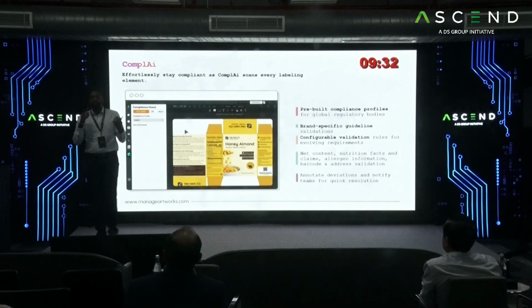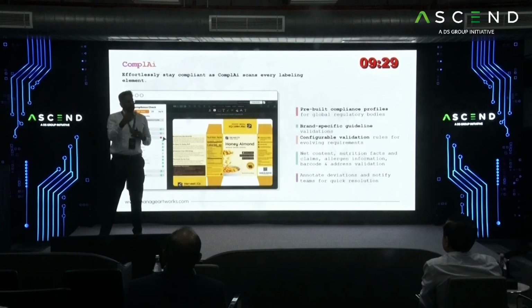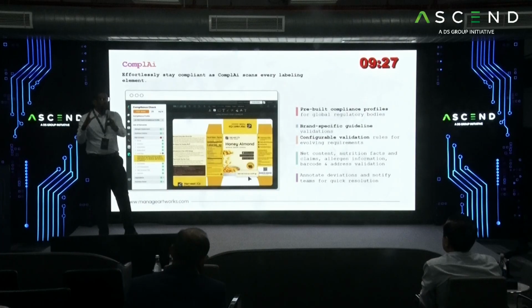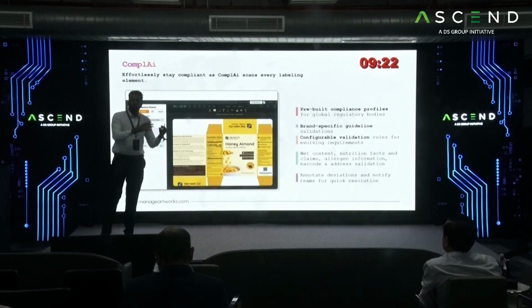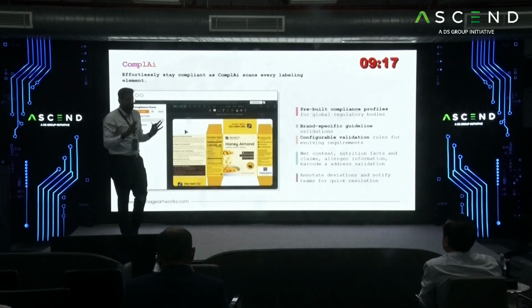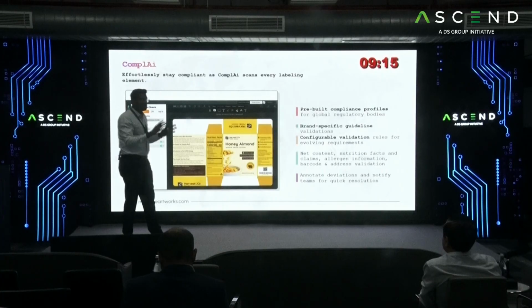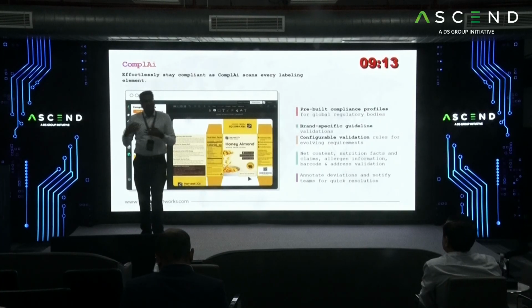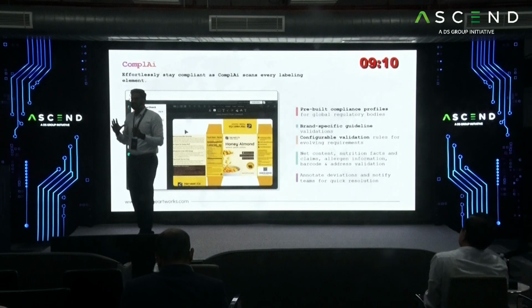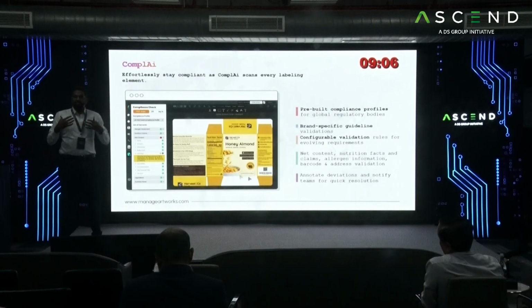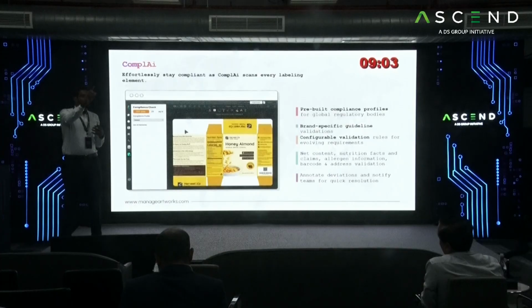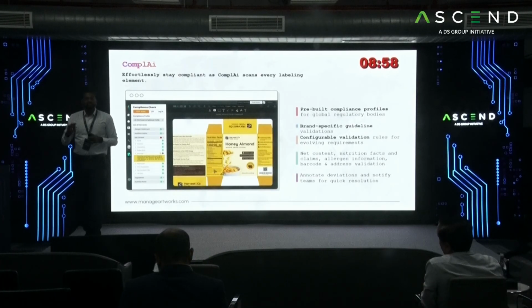Again, this is a huge time-consuming process. Let's think about this. How about we give this manual effort to the AI? Let the AI do all the heavy lifting. Let AI find out, as per my product and as per my FSSAI, what the guidelines should be. Let the AI worry about all the compliance that has to be ensured in the artwork. So as a user, I'll be very relaxed to do one single click called check compliance instantly using the real-time